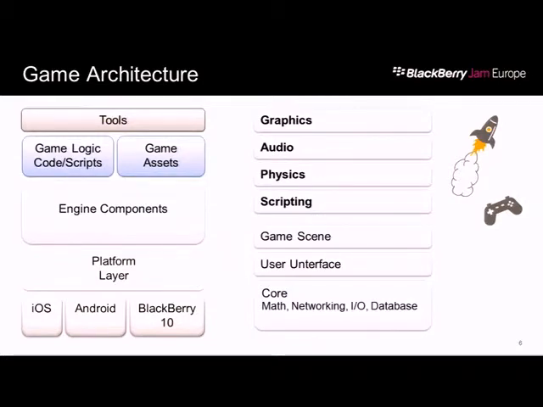Drew this up pretty quickly, but what you're going to try to do is you're going to have a set of tools that you're familiar with designing with. This can be like Maya, there's design tools, there's art tools like Photoshop, and then you're going to have editors if you're a programmer, or IDEs. So you're going to write a lot of your code. This is the code you're going to write. You're going to write your game logic and your code and your scripts that are based on some fundamental framework.